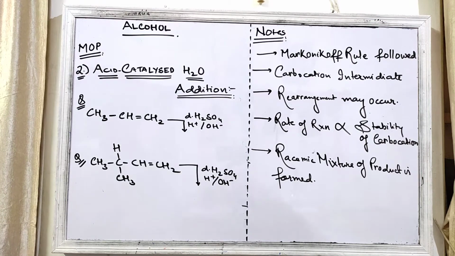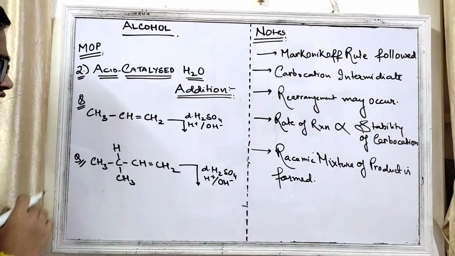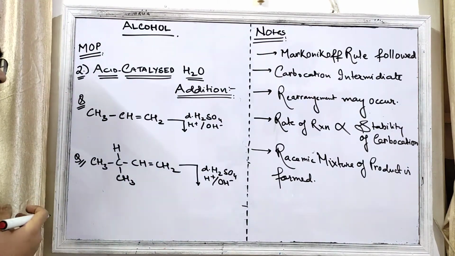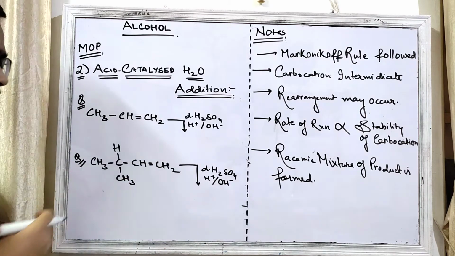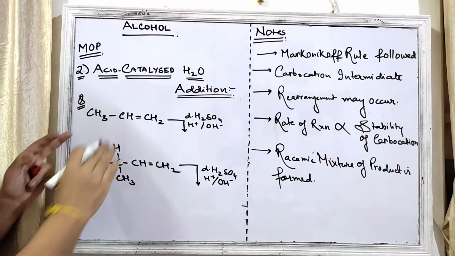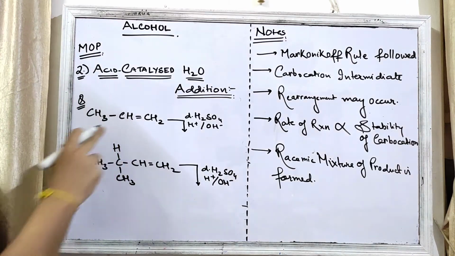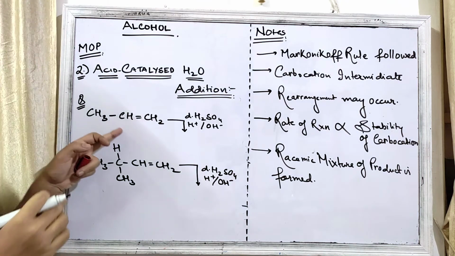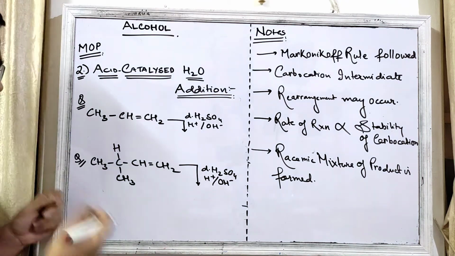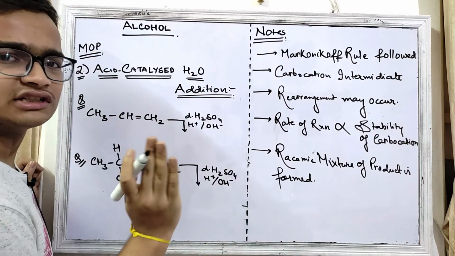So I am here with the questions. These two are the questions. The first question is, this is my propene. I am doing the same thing. This was already given earlier. I am just doing it for better understanding. So according to the Markovnikov rule, this carbon is having the least number of hydrogen atoms, so this carbon will get the OH minus. So let's write over here: the carbon with least number of hydrogen is getting the OH minus, right?